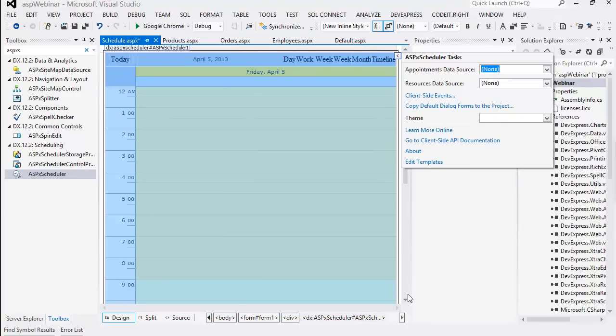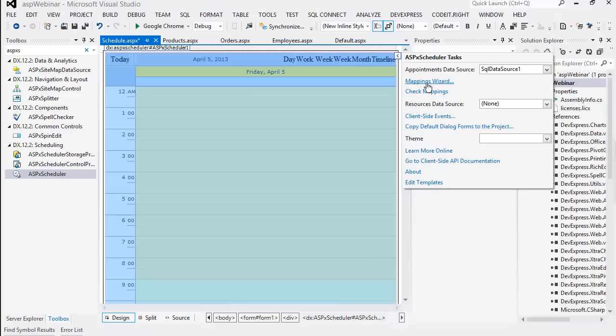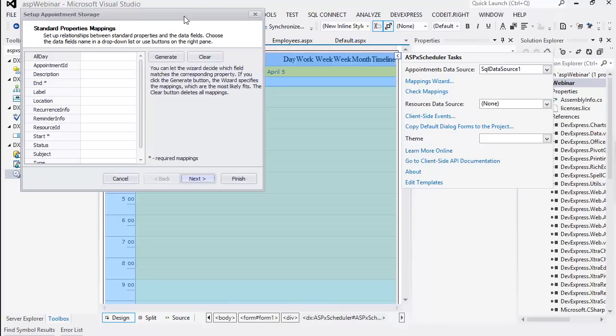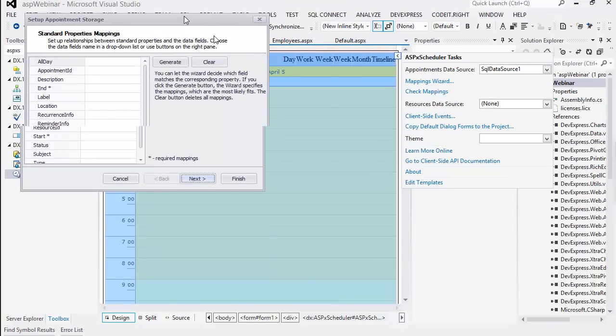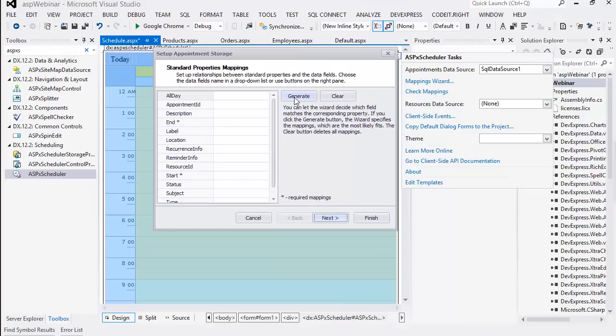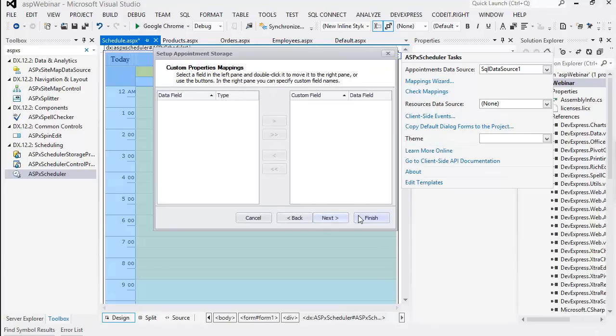So the power behind the scheduler control is that I can map an arbitrary data source like we've done, so a custom SQL, and I want it to generate the mapping for me. So we can see that appointment ID will switch to order ID. Description, I could leave as contact name. I'm going to choose company. End date is our ship date. Start date is our order date. And in the subject, I'm going to select the contact name. So we go next, finish,